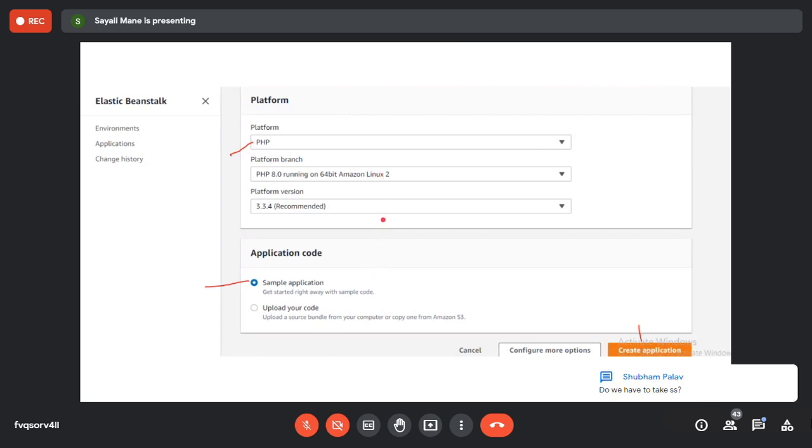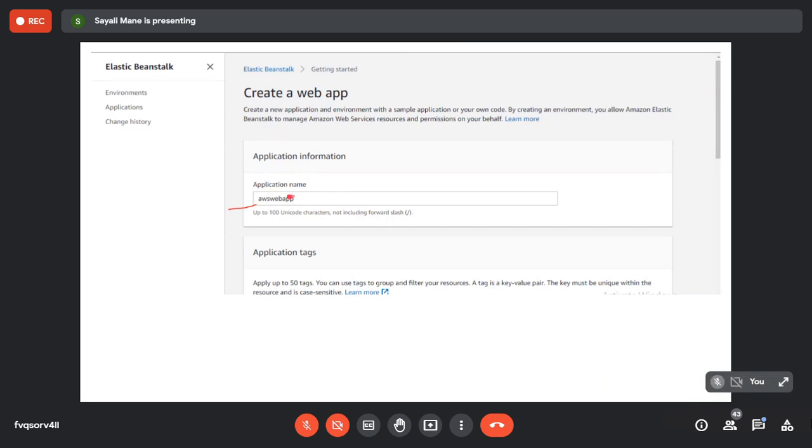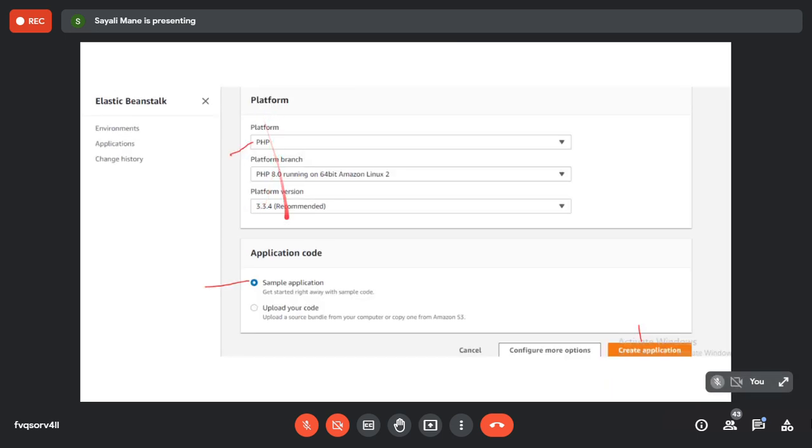Once you're finished with this, please take a screenshot of the application name, highlighting your application name, and second, the platform and application code. Before creating the application, please take a screenshot of it.